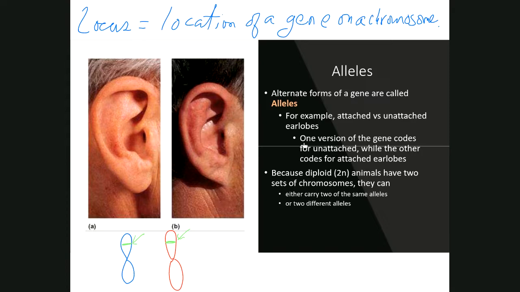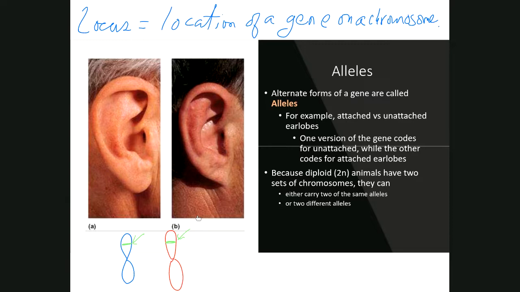Okay, so one version of the gene codes for the unattached version, and the other version codes for the attached version. Okay. So that's a simple example of how alleles affect your physical appearance